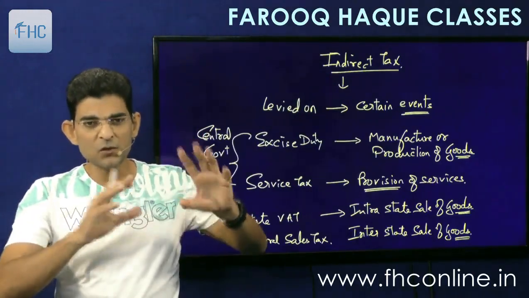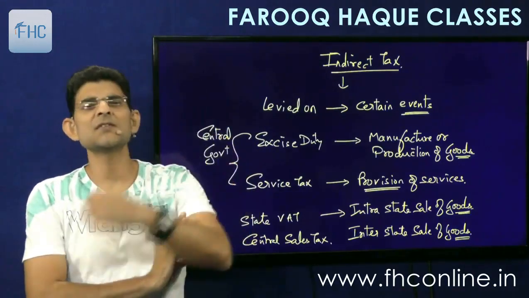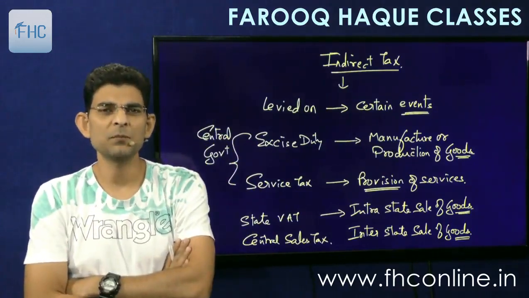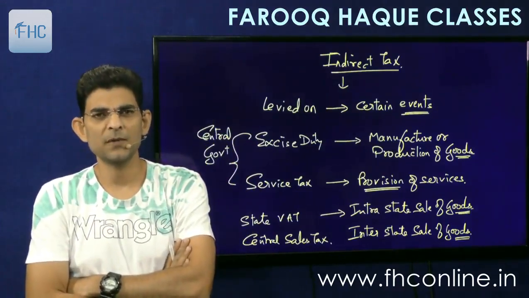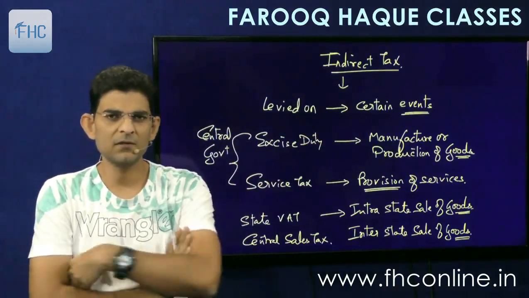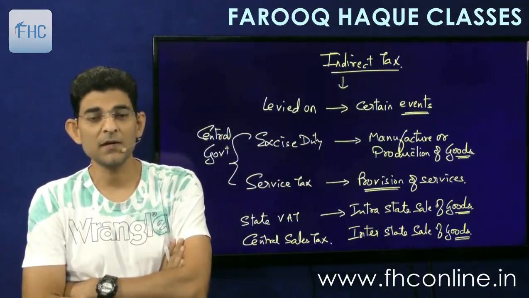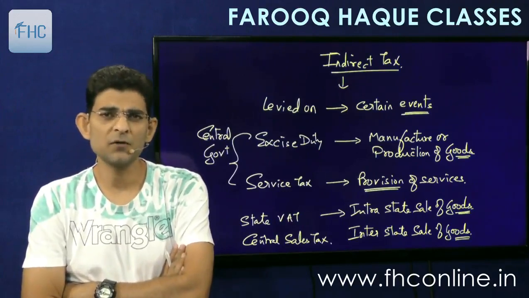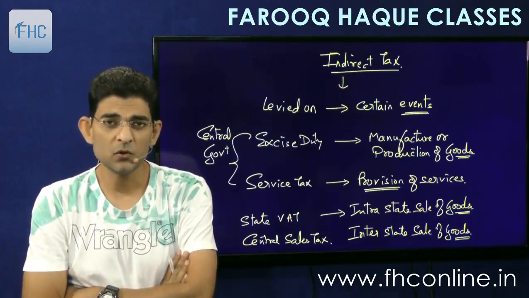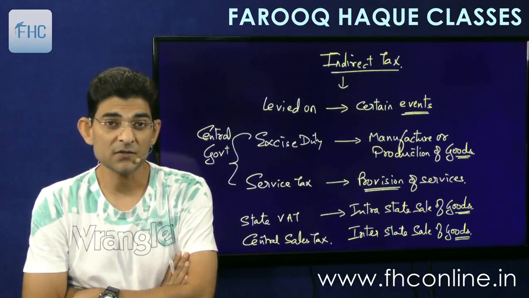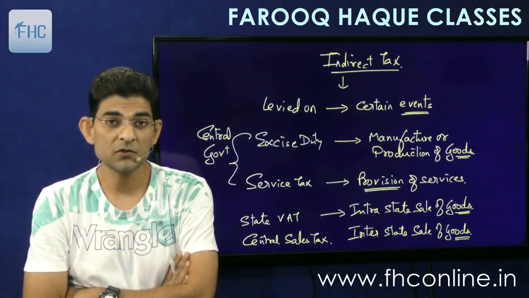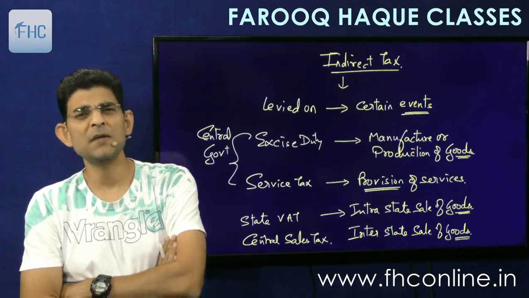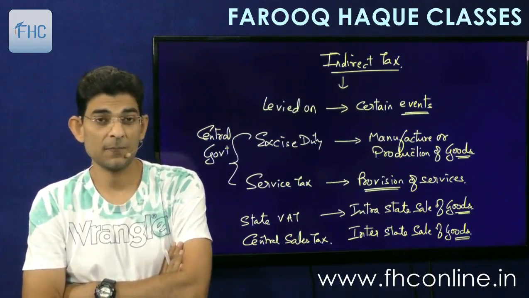So these were the major laws, and then there were various other types of impositions, a lot of them. We'll see in detail in a few moments of time. So there were many such levies, small levies on different things. Like you went to watch a movie, there was entertainment tax. Then you go to a hotel, there was luxury tax and hotel tax, and so on and so forth. There were many kinds of indirect taxes.